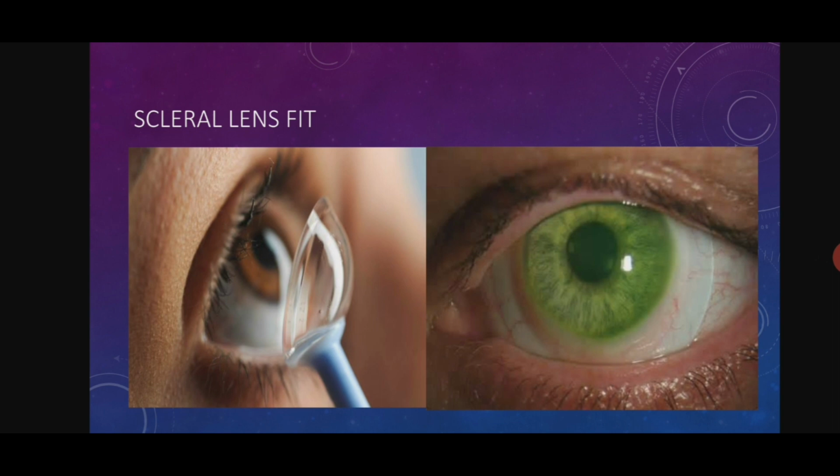There should not be any touch in the central region or in the keratoconus cone region, or any peripheral blanching. There should be a vault of at least around 250 microns between the cornea and the lens, to have a healthy contact lens fit. Peripheral blanching should also be avoided. Why? Because it can cause hypoxia in that place, and it can cause damage.